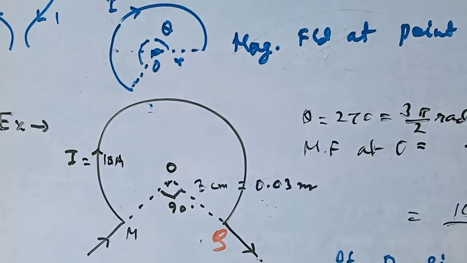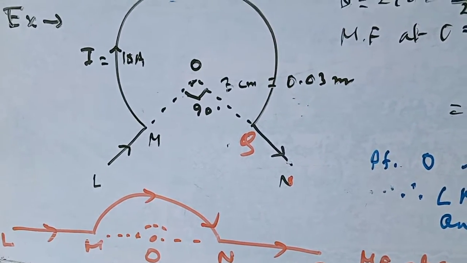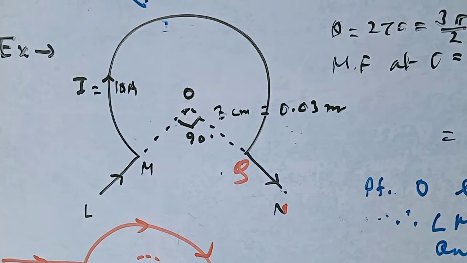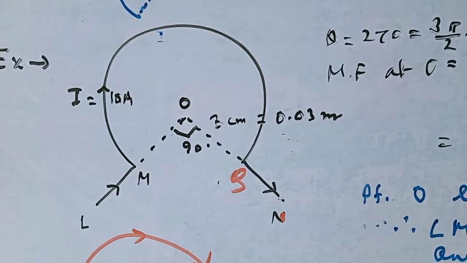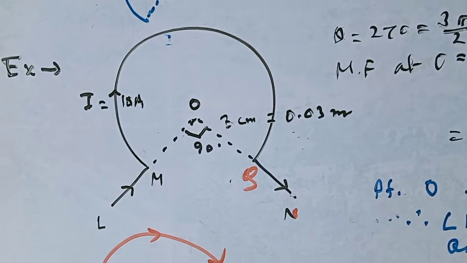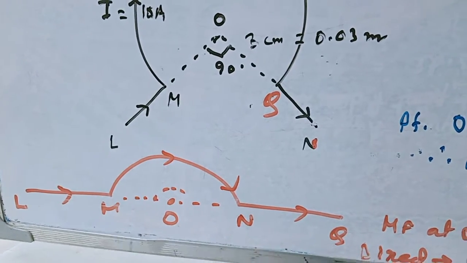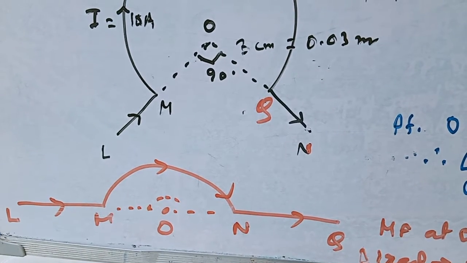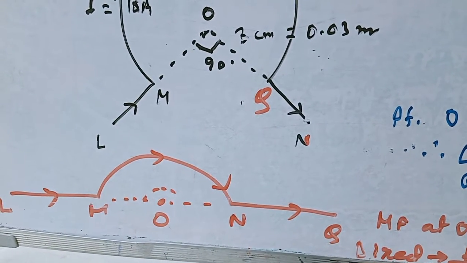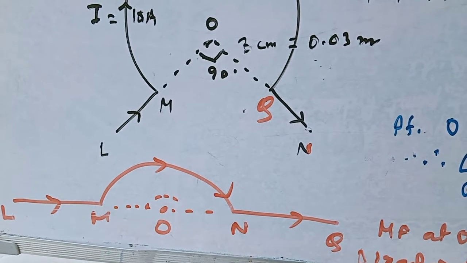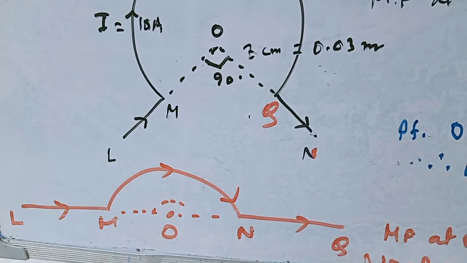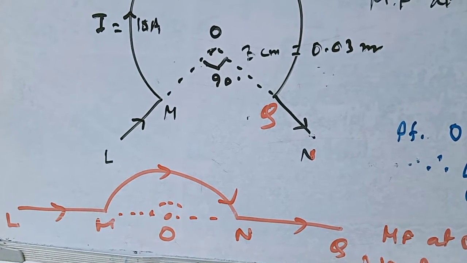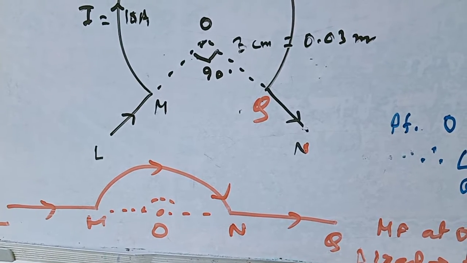Now again I am changing the shape. Here, current I is passed through the semicircular conductor LMNQ. Now see, this is a semicircle. LM and NQ lie along the same straight line on which O belongs. So the magnetic field produced due to LM and NQ will be 0. So the net magnetic field produced by this portion of the wire will be the magnetic field produced due to the semicircular loop